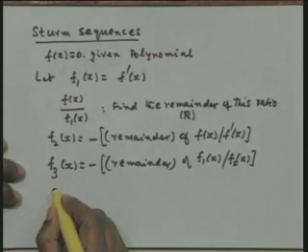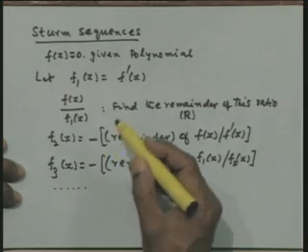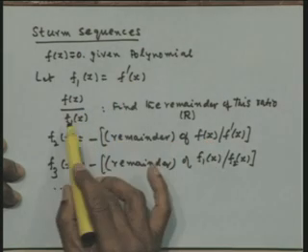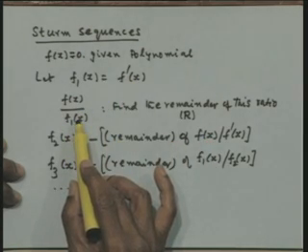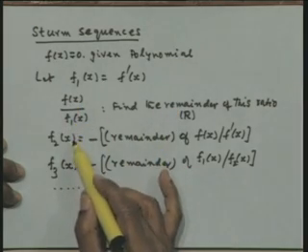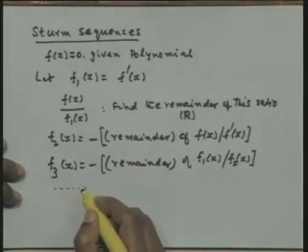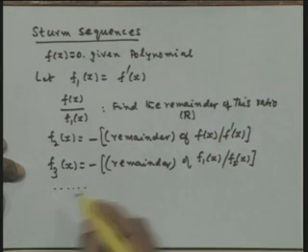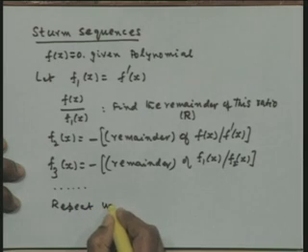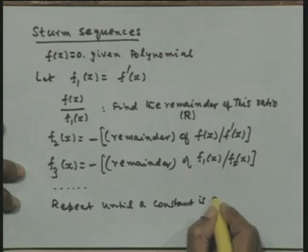Therefore, I will continue on until, as you can see, f(x) is a polynomial of degree n, f1(x), which is f prime, is a polynomial of degree n minus 1. Divided it out, each time I am dividing by a polynomial of one degree lower. Therefore, after n stages, I am going to get a constant. So, we will repeat until a constant is obtained.